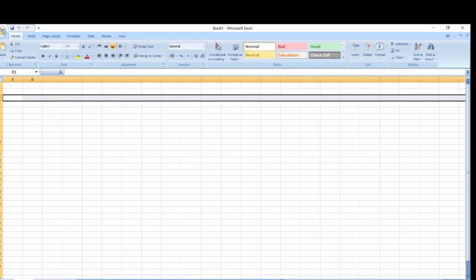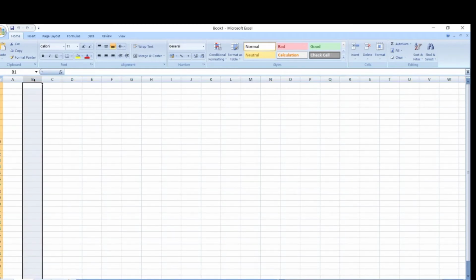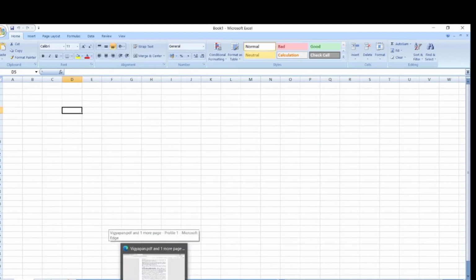The horizontal series of cells makes a row, and the vertical series of cells makes a column. This one is your cell; the intersection of row and column makes a cell. By default MS Excel has three open worksheets: sheet 1, sheet 2 and sheet 3. This one is your status bar that represents the status of your active sheet, and this one is your task bar that represents the currently working task.